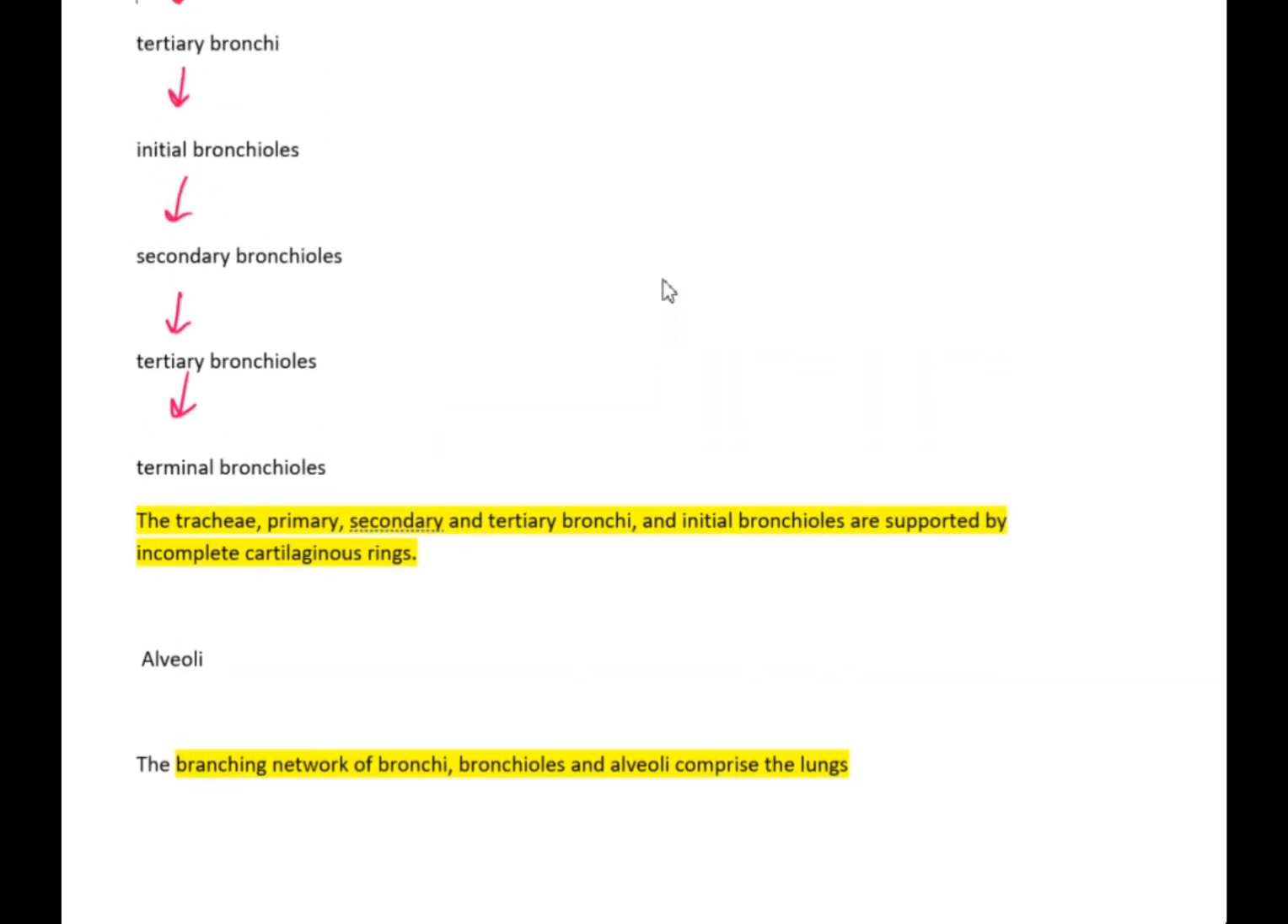So it is important to note that the trachea, the primary, secondary and tertiary bronchi, also the initial bronchioles, they are supported by C-shaped incomplete cartilaginous rings. These cartilaginous rings are made of hyaline cartilage. They are C-shaped, that is, they are deficient posteriorly. So you should know till where these cartilaginous rings are present. They start from the trachea and they are present till the initial bronchioles. The main function of these cartilaginous rings is to prevent the collapse of the tubes and to enable proper